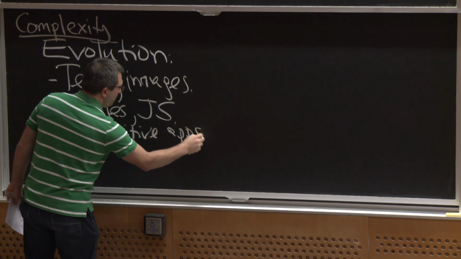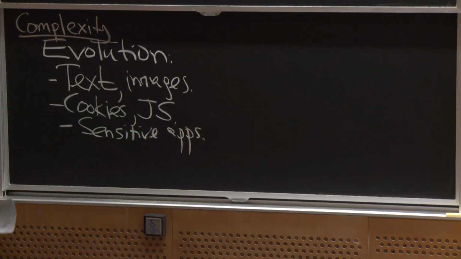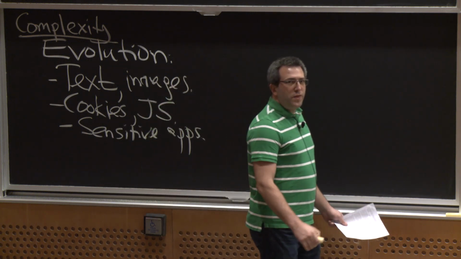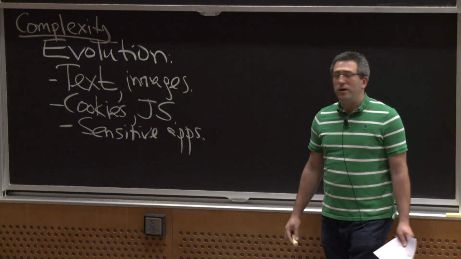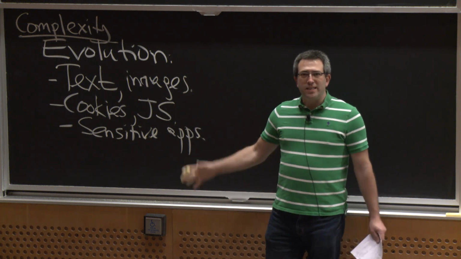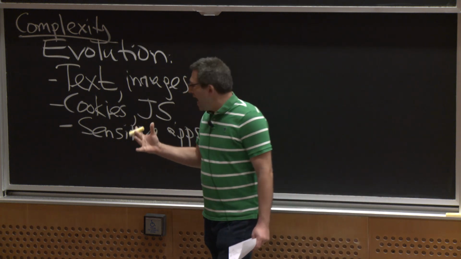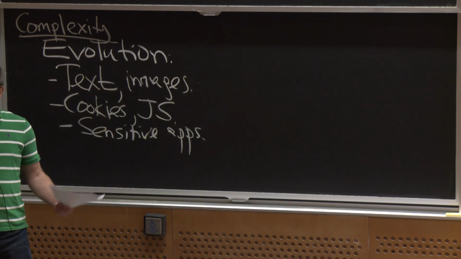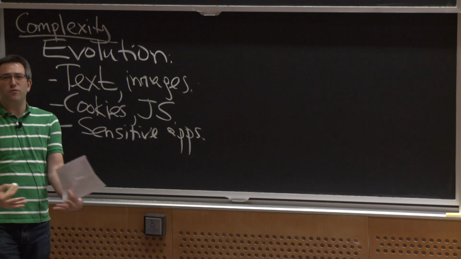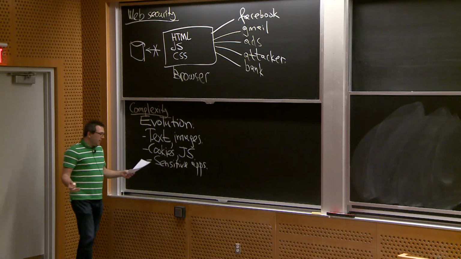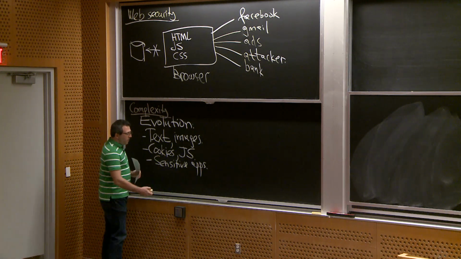And what you often see in the web are examples of how the designers didn't really appreciate what the web was going to be used for. So certainly the people designing the web in the text and image era, if you will, weren't really thinking that every website is going to have a lot of JavaScript and basically be a full-fledged application running inside of your browser, being able to interact with the network and your camera and so on. So as a result,